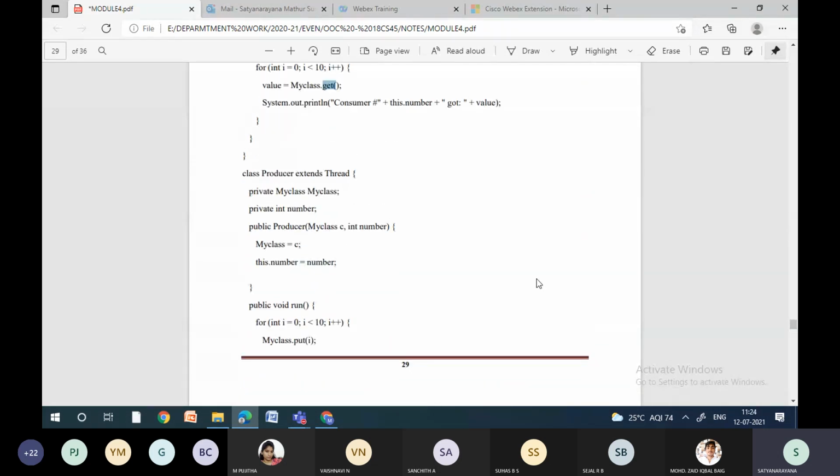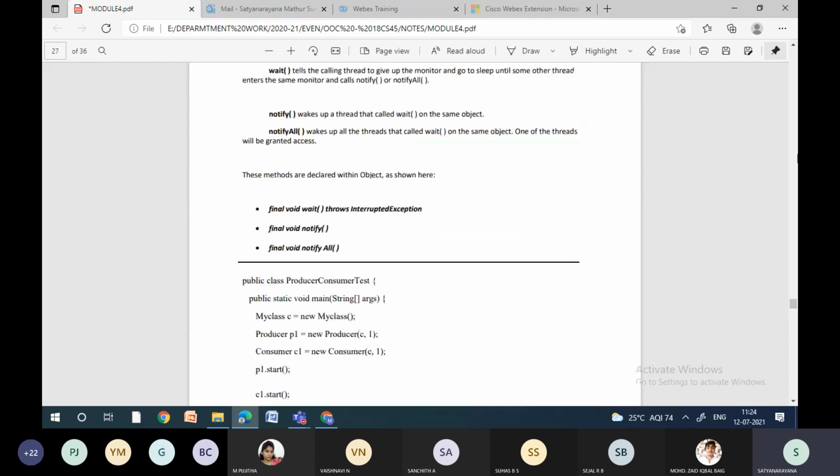So how are we implementing it? With the help of threads, because there we start one thread as p1.start, c1.start, and here we are writing the main logic under run. One thing you should remember is that for the producer, we are passing two variables: one is my class c, that is the object reference of my class, and the number. Initially nothing will be there, so we will be passing one value. Then it will start consuming the values from this run method, right? So this is how the producer consumer problem has been defined.